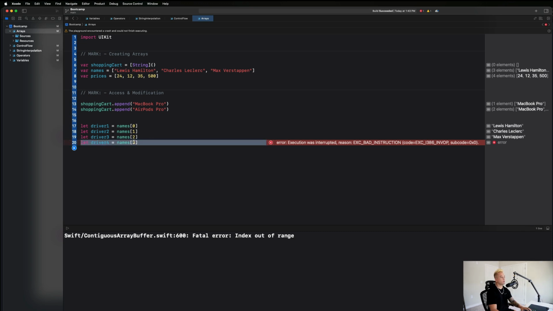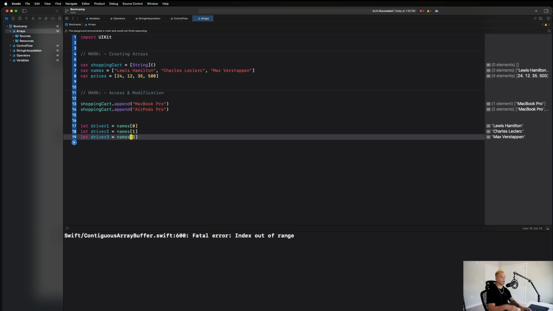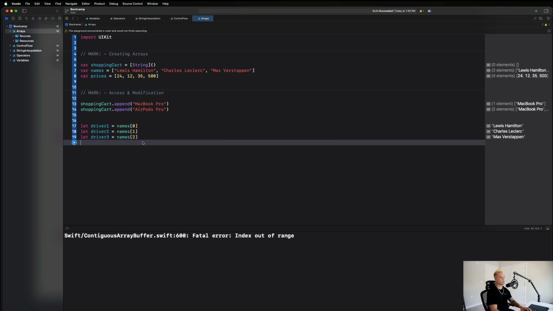So make sure that you don't get this error here. Let's delete that. And once again, guys, that was happening because that item doesn't exist. There's only 3 items inside of this array. So trying to get names 3 would say, hey, get me the 4th item, but there is no 4th item,